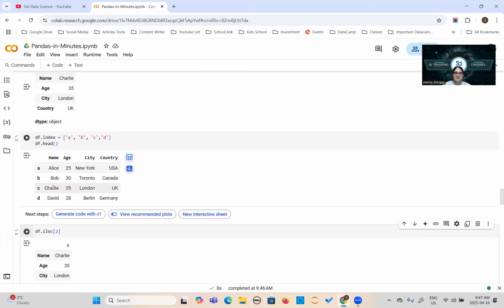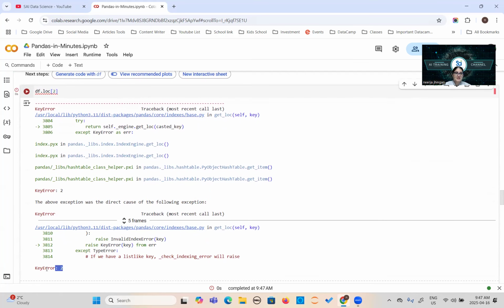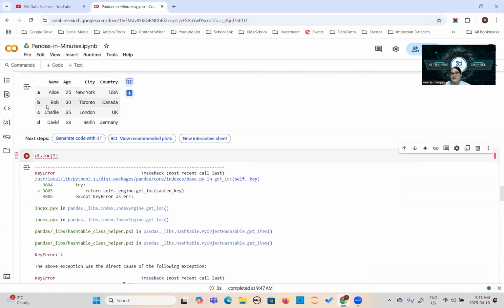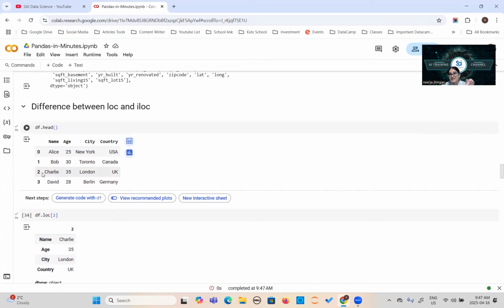Now I am using df.loc[2]. See, it is throwing this error, KeyError: 2. Why? Because there is no label 2 in your index, right? Earlier I told you the loc method works based on the name or label of the location. There is no name 2 now. Earlier it contained the name 2. That's why this is not an index number. This is the name of the index actually.